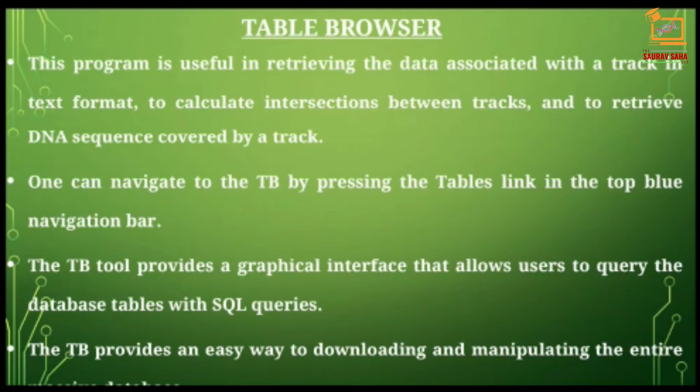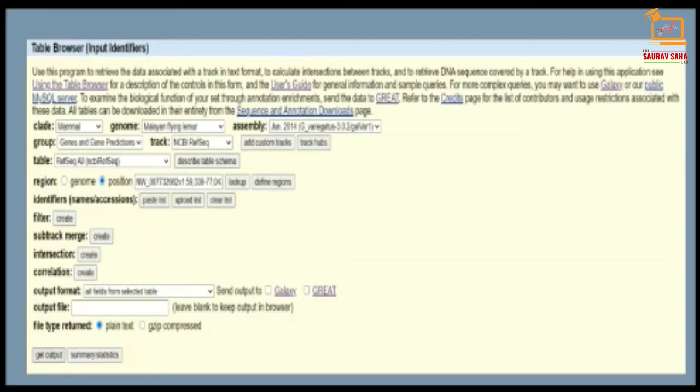Output can be filtered as well. It can be filtered to restrict the fields and lines returned and may be organized into one of several formats, including a simple tab delimited file that can be loaded into a spreadsheet or database, as well as advanced formats that may be uploaded into the Genome Browser as a custom annotation track. This is the home page for the Table Browser. The details about the various options present can be found on the home page itself.